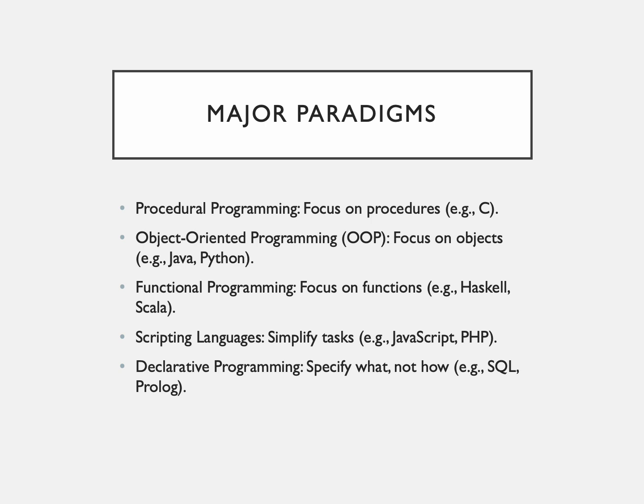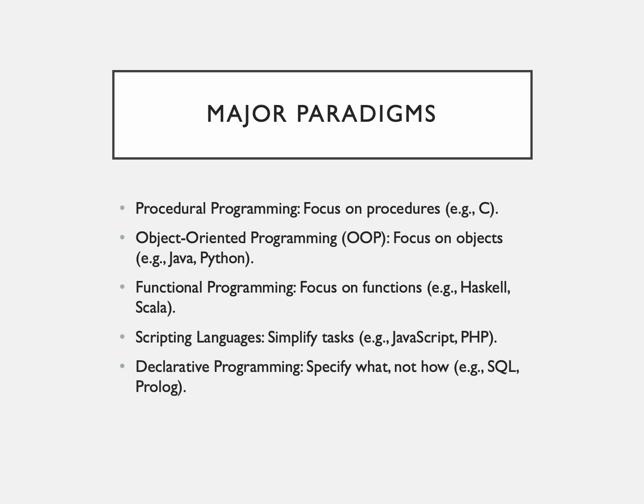Okay. Fifth is declarative programming. In declarative programming, you specify what needs to be done rather than how to do it. This paradigm abstracts away the implementation details, focusing on the desired outcome. SQL is a prime example where you write queries like select all from table name to retrieve data without specifying the underlying mechanics. Another example is Prolog, widely used in artificial intelligence to declare relationships and let the interpreter figure out the logic.